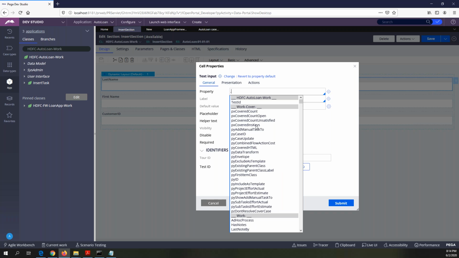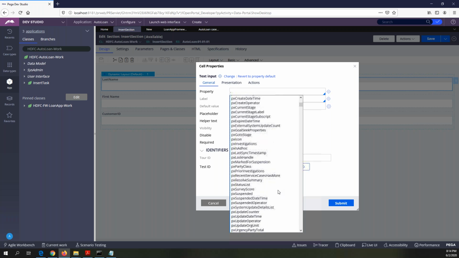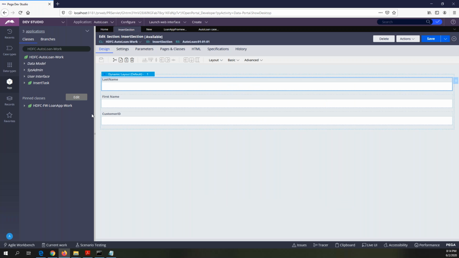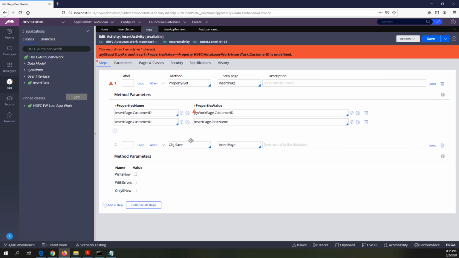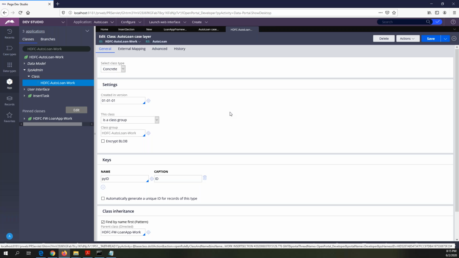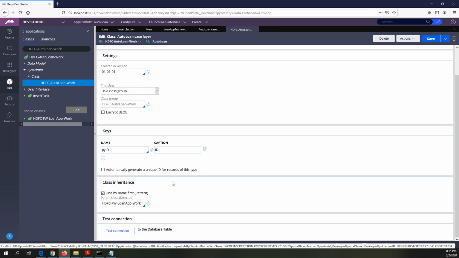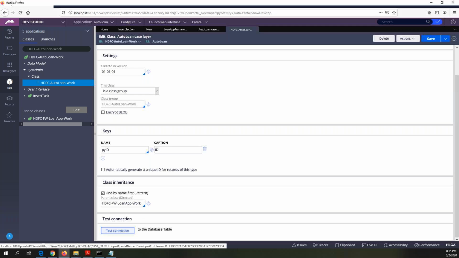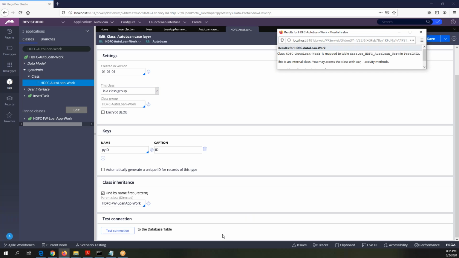Go to more. Sorry, is this Chrome or Mozilla?